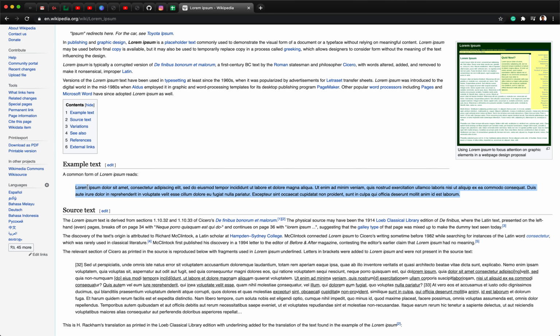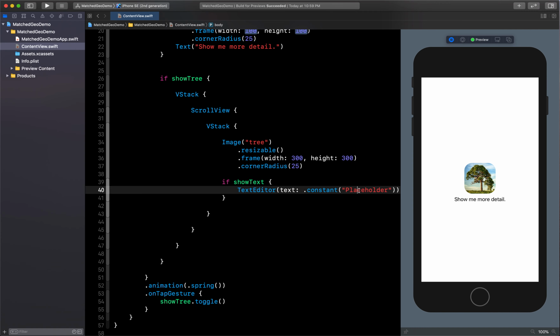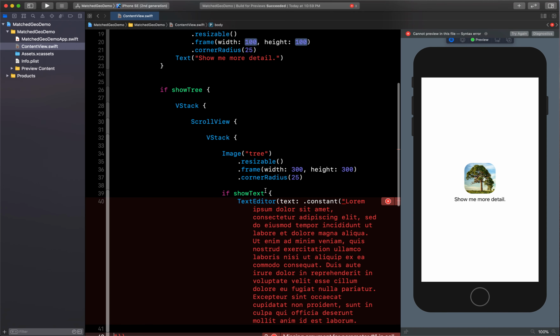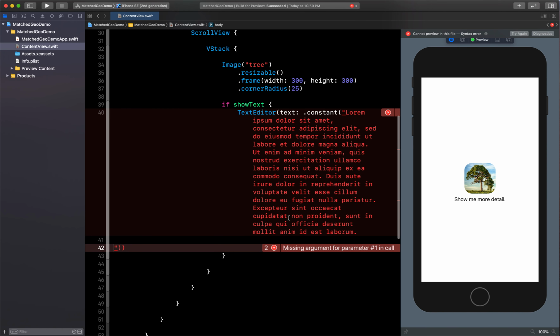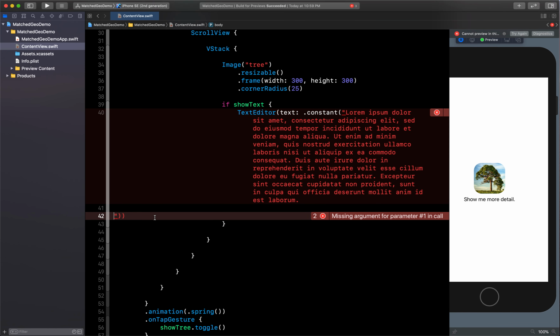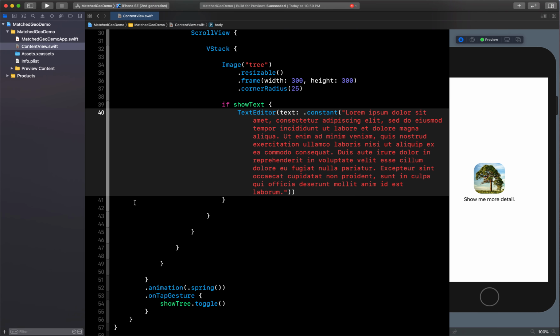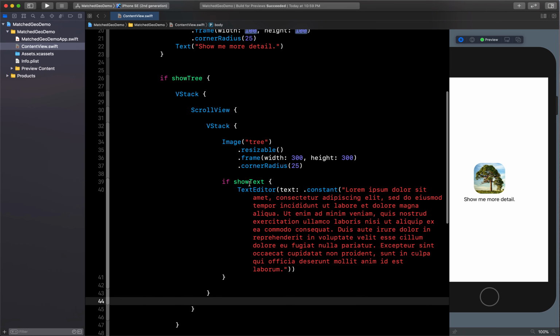I am going to show a default text here, so let's add that. Okay, so we have added our image, we have added our text.